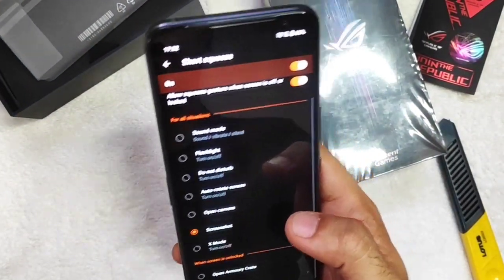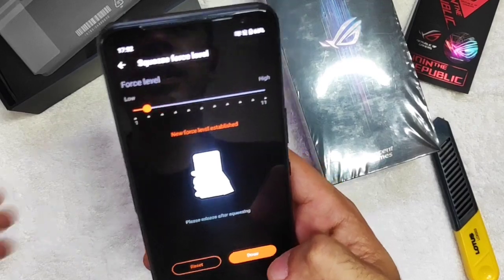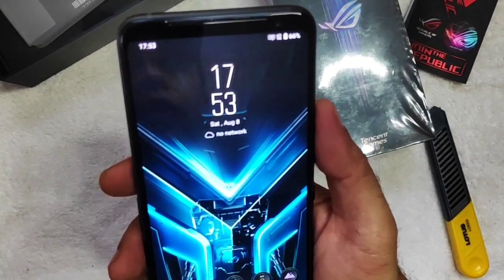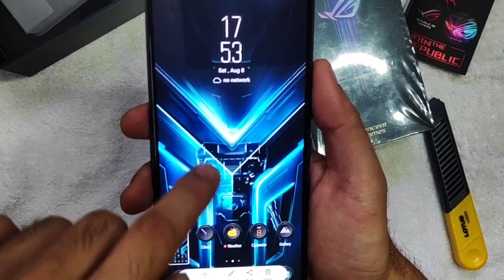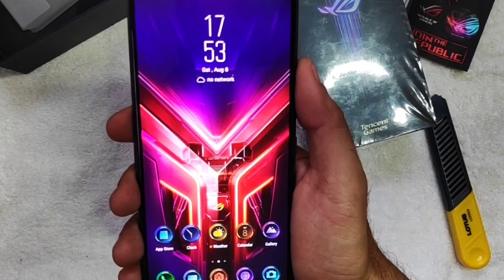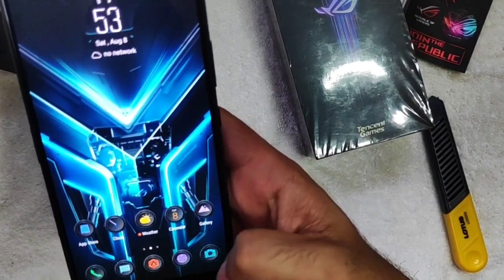You can put it on the screenshot for a short squeeze, then force level. You can just set it on anything you want. So as you can see, let's take a short squeeze. You got the screenshot over there. And then if you want to make a long squeeze, there. That's how you activate X mode. Long squeeze again, deactivates. So for the camera,